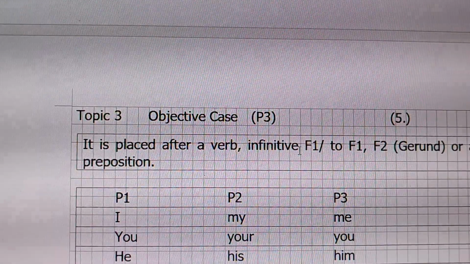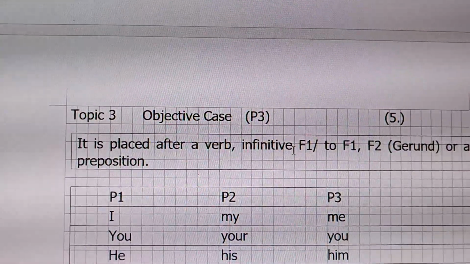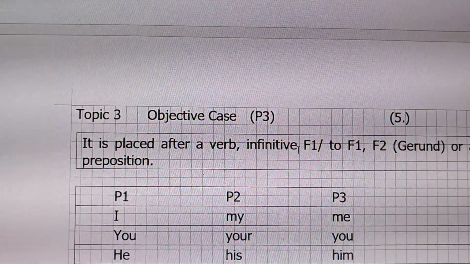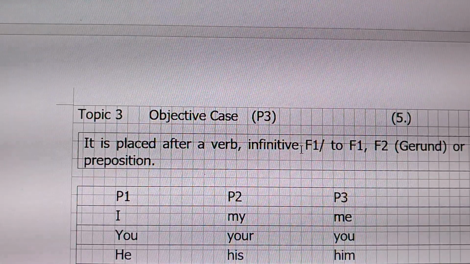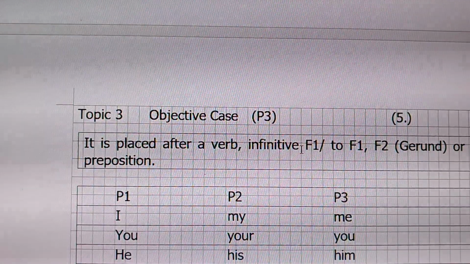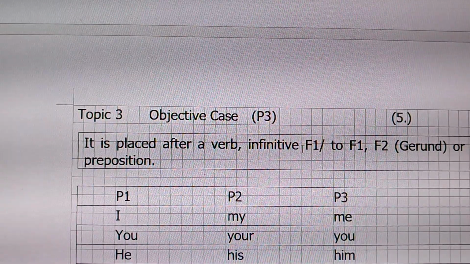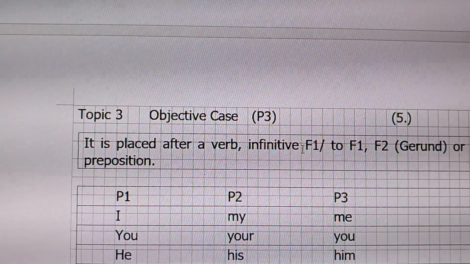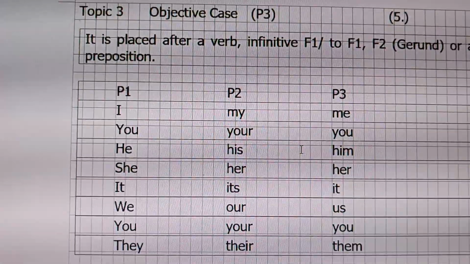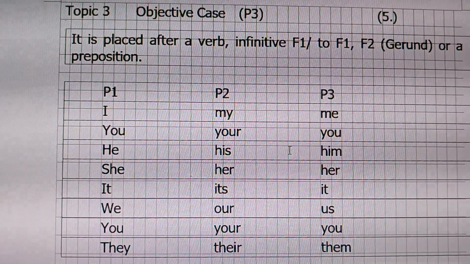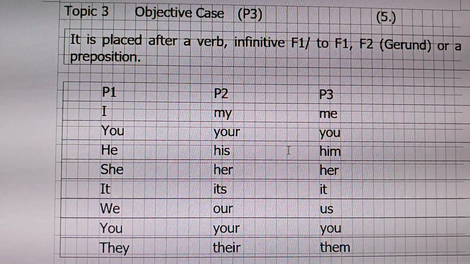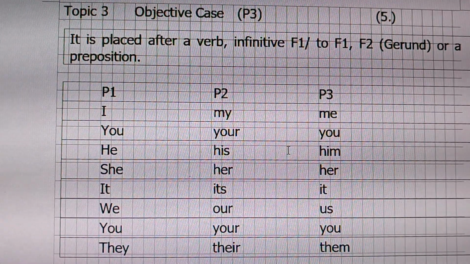Alright. Topic 3, objective case. Used as object. It is placed after a finite verb, meaning tenses. After a finite verb, a non-finite verb, that is infinitive with to or without to, or gerund, or after a preposition. So I, my, me, you, your, you, he, his, him, she, her, it's, it, we, our, us, you, your, you,